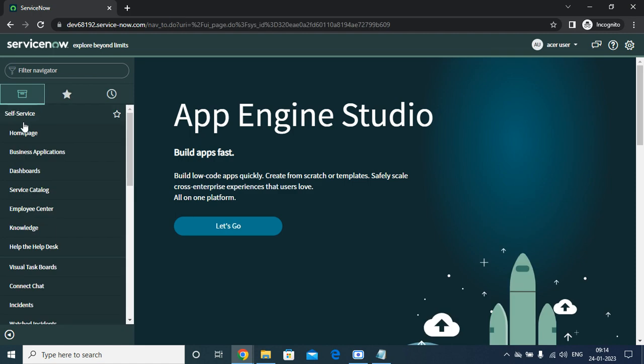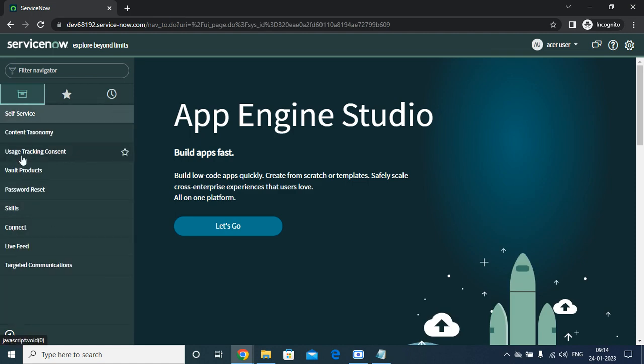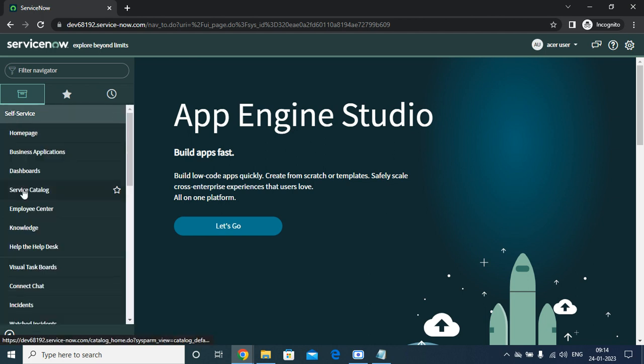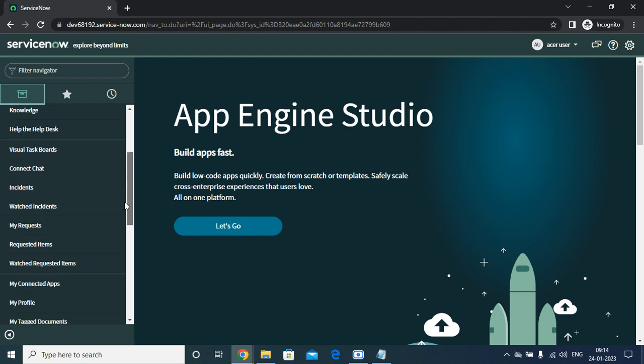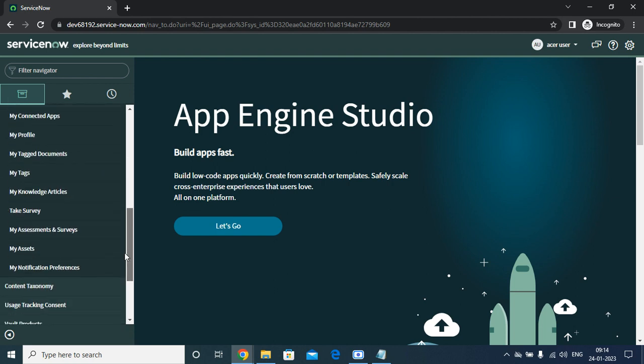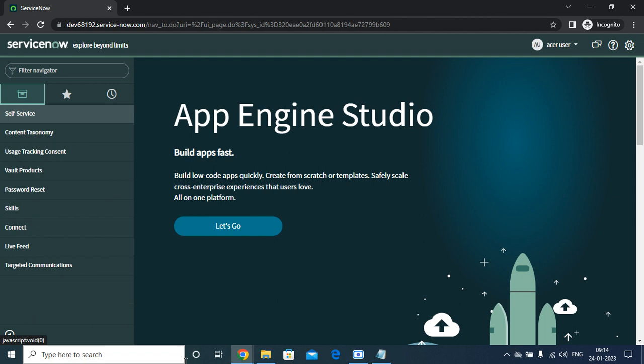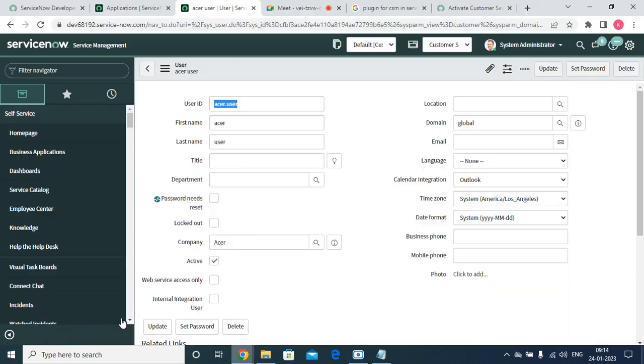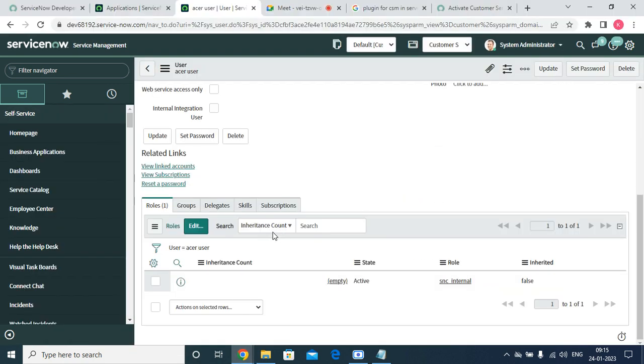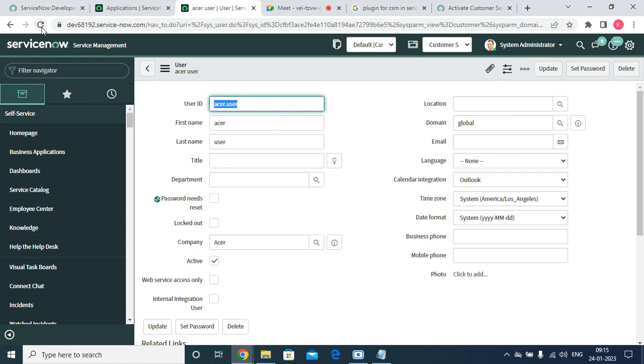Now a user has been created for the same thing. This is the snc underscore internal we can give. We have added the user to one, and if you go to the portal,